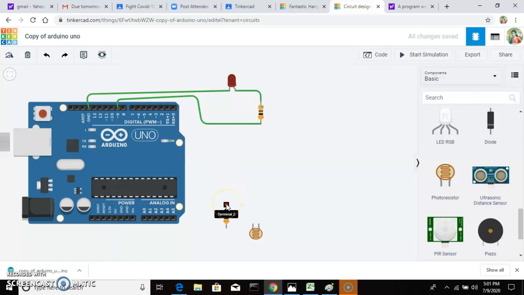And this resistor terminal should be connected to the power supply of the Arduino Uno board, and the other terminal of the resistor should be connected to the terminal of the photoresistor,